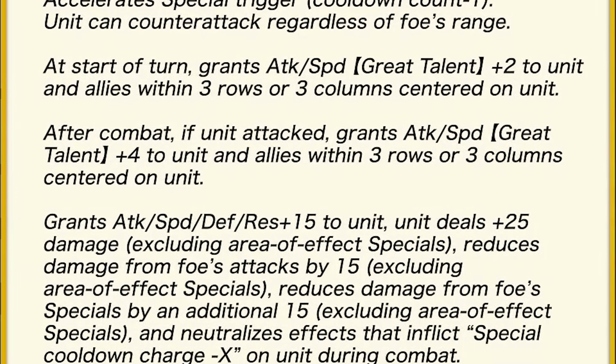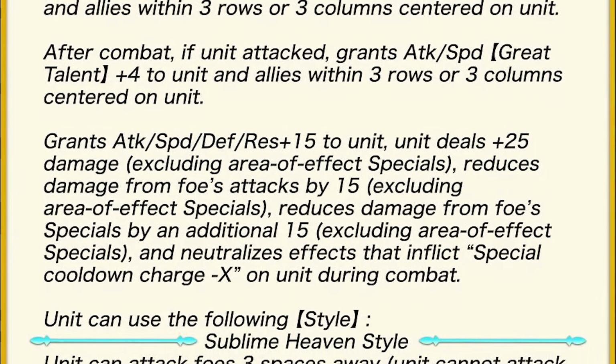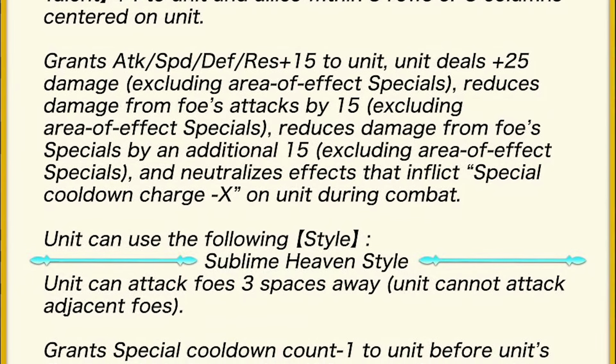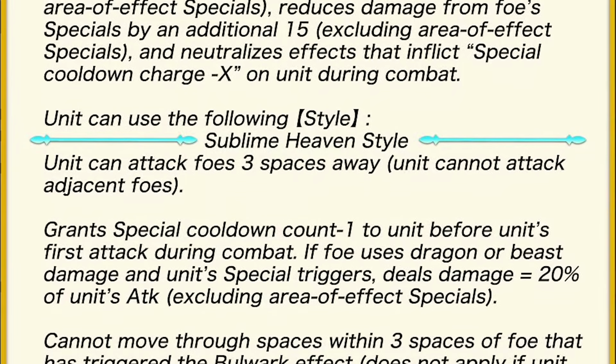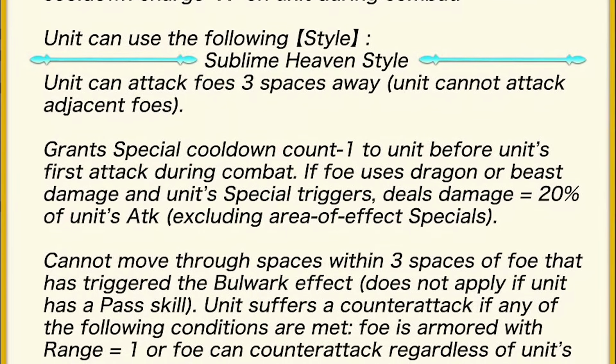They come with Guiding Lance, which is a slaying distant counter weapon that grants 2 attack and speed great talent to themselves and allies within 3 rows and columns at the start of the turn. It grants 4 more after attacking in combat. It grants Spectrum 15 during combat, 25 true damage, 15 true damage reduction, an additional 15 true damage reduction when a foe's special goes off, Null Guard, and